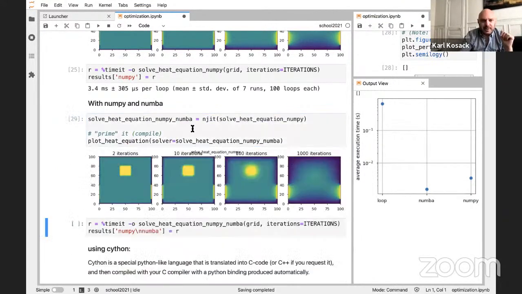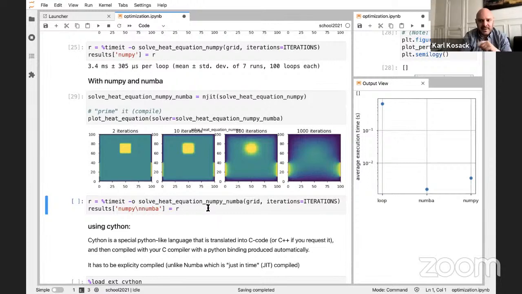And by the way, it's something I didn't mention before. It's good to first run the function, which I did above, before you time it, because with numba, of course, the first time it runs, it has to do a compilation step, so it can screw up the statistics. It'll increase the error bar.